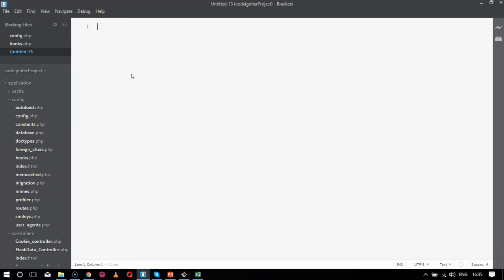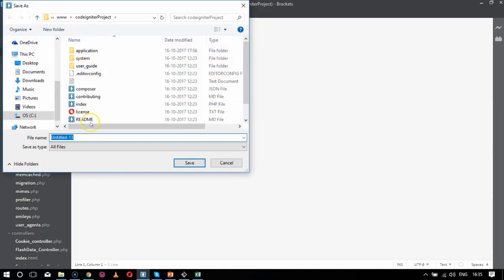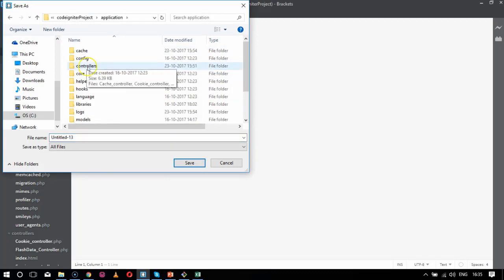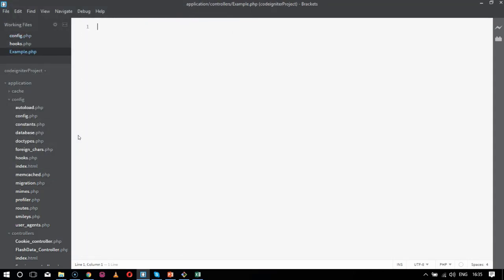So the controller name will be, say, example.php. With example.php, first of all I'll save it inside application, controllers, and the name of the file is example controller. So example.php. With this, I will create a hooks demo example. So I'll create my controller under